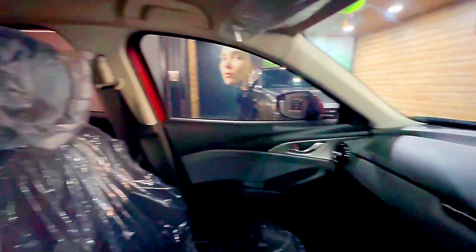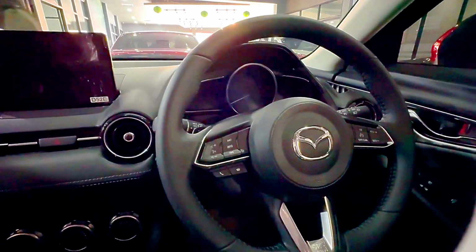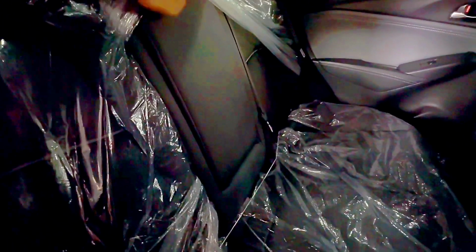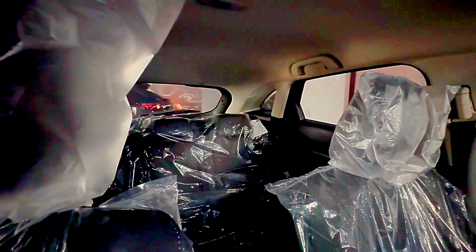Adaptive LED headlights. Leather upholstery. 7-speaker Bose sound system. 360-degree camera. The following exterior finishes are no-cost options: